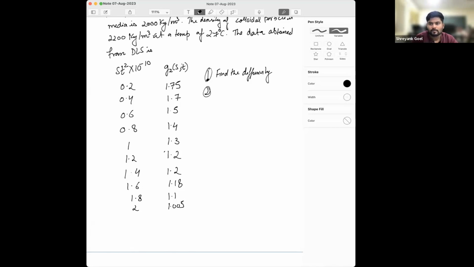Second question is to find the hydrodynamic radius. Then find the hydrodynamic force